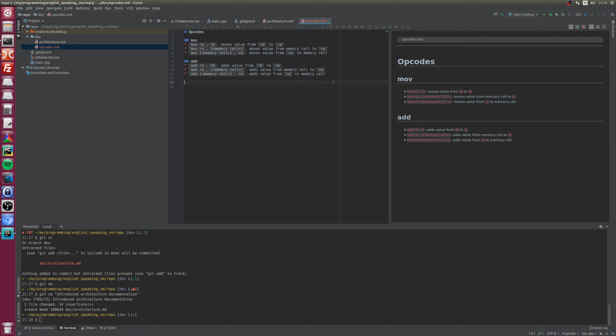Now jump. First, jump instruction pointer. No. Memory cell. Because the instruction pointer is basically the memory cell of the opcode that we want to jump to. So yeah.